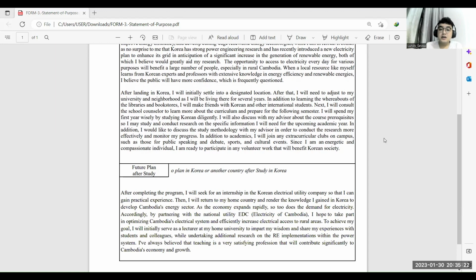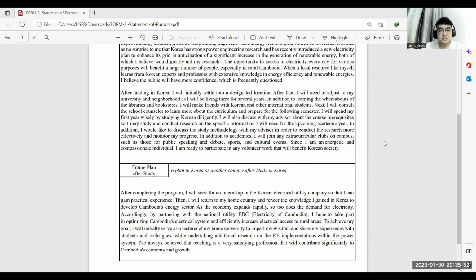After landing in Korea, I will initially settle into a designated location. After that, I will need to adjust to my university and neighborhood, as I will be living there for several years. In addition to learning the whereabouts of the libraries and bookstores, I will make friends with Korean and other international students. Next, I will consult the school counselor to learn more about the curriculum and prepare for the following